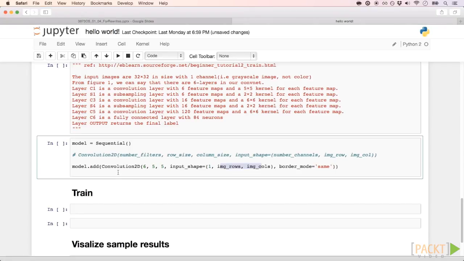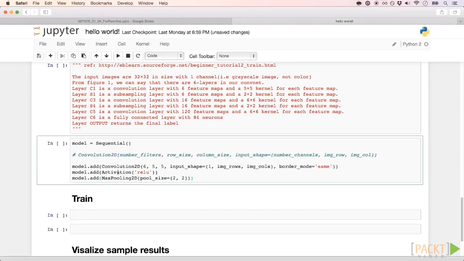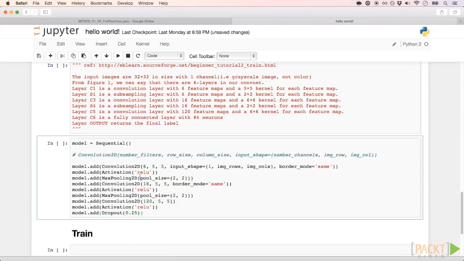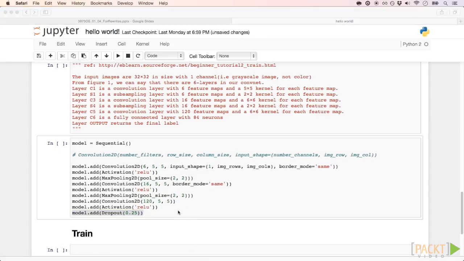After the convolutional layer, we add a nonlinearity and a max pooling layer. The nonlinearity in this case is the ReLU, the rectified linear unit. The max pooling will get the maximum value from pool sizes of 2 by 2 pixels. The next layers follow the same reasoning. But this time, we will have 16 filters and 120. We use the same nonlinearity and the same max pooling. Dropout is to increase regularization and performance on the test set. After the convolutional layers,